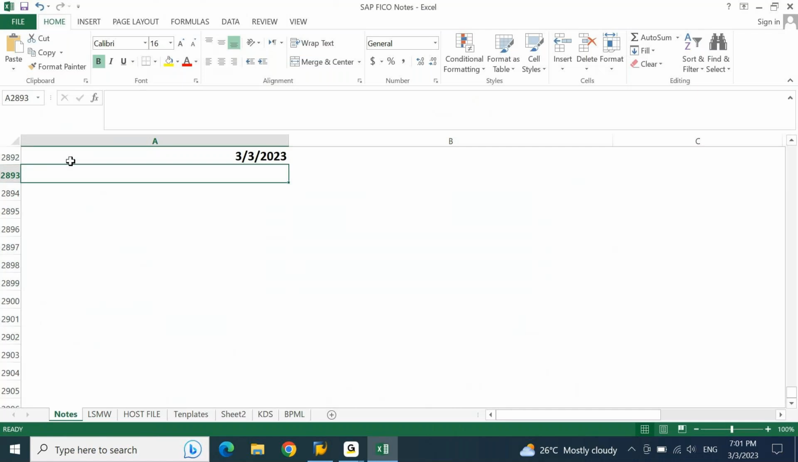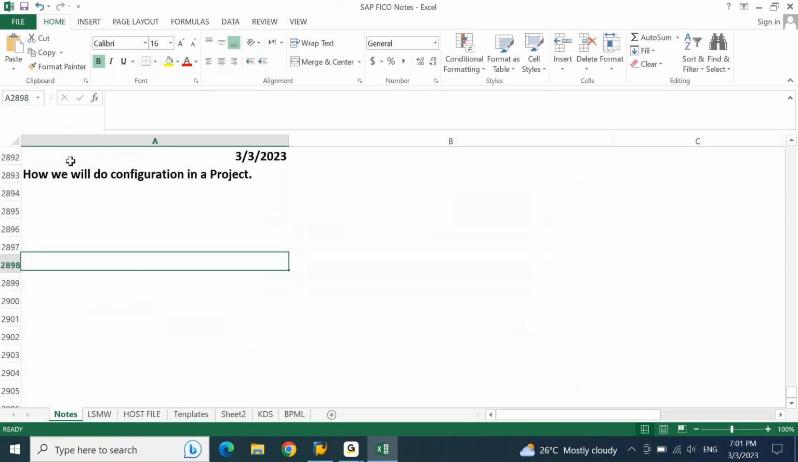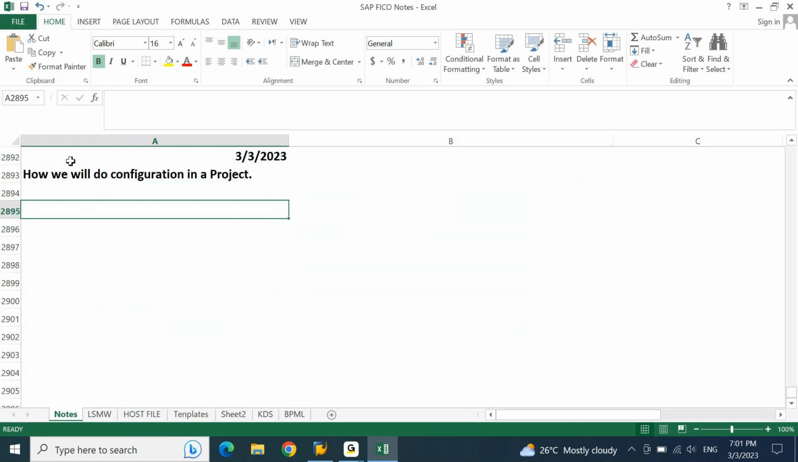Now let's talk about how we will do configuration in a project. Okay, if you're in a project and you have been assigned a task, how you are going to do the configuration is what we are trying to understand now. Let's say you have to work on something like